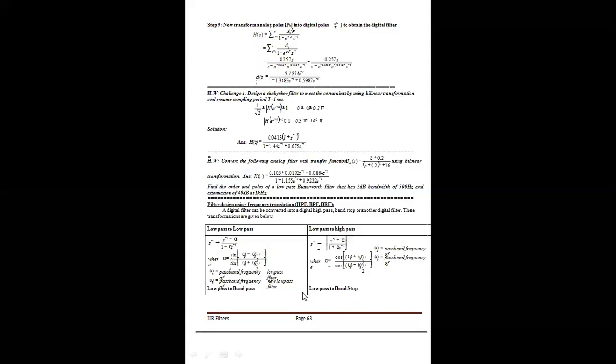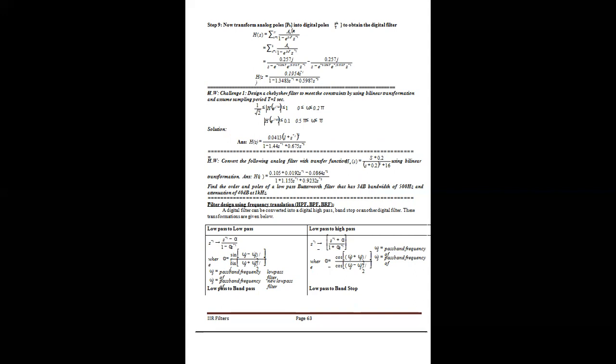We take the partial fraction: A1 divided by s minus of (minus 0.256 plus j 0.514), and next A2 divided by s minus of (minus 0.256 minus j 0.514). We can find the value of A1 as 0.257j, and the next A2 as minus 0.258j. Then, replacing as I already said, 1 by s minus pk should be replaced by 1 divided by 1 minus e^(pk T) z^(-1).